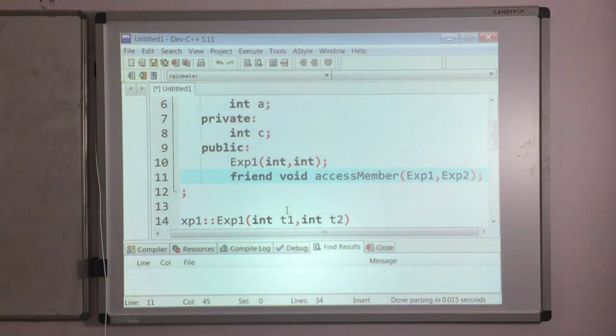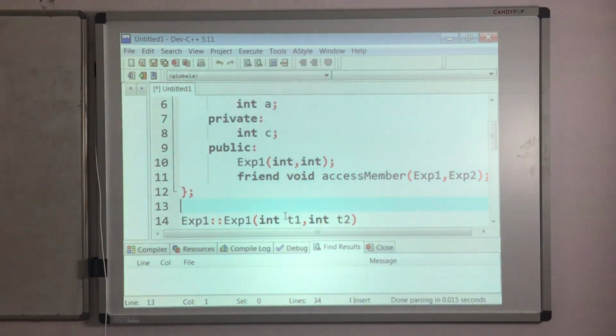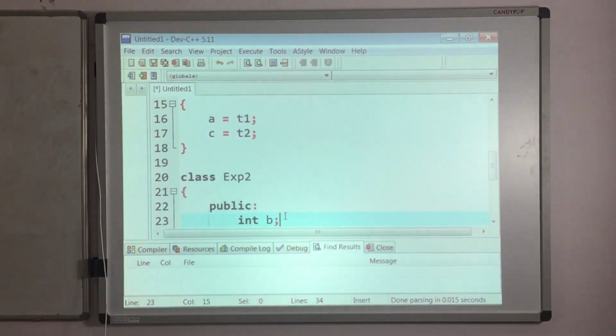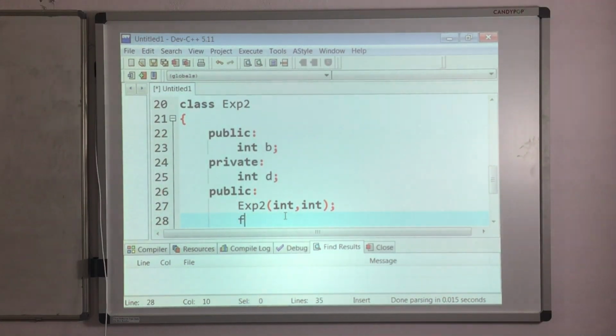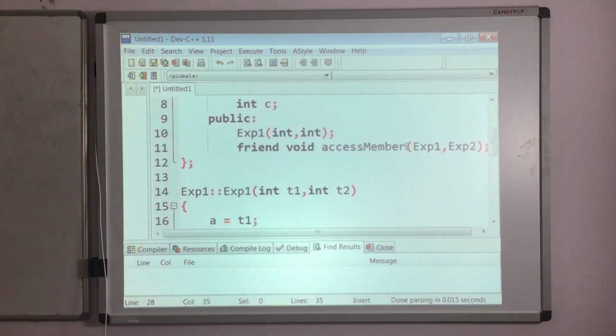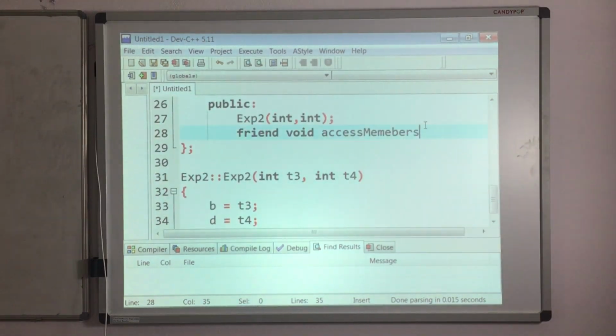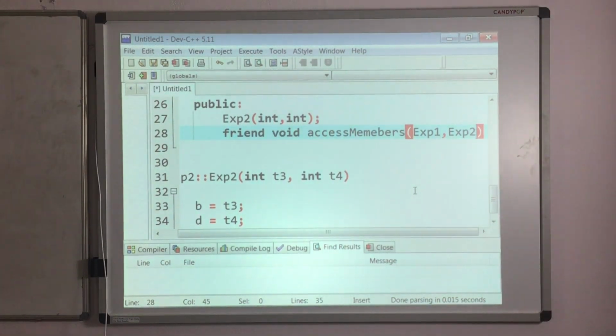Put the semicolon at the end and write the same declaration inside exp2 as well. That is friend keyword followed by the return type, then take the function name access members, and here pass the objects exp1, exp2.